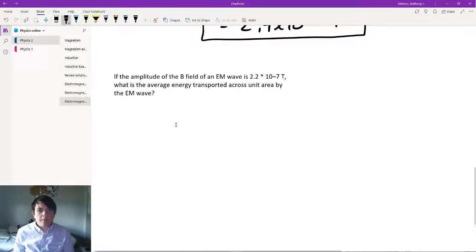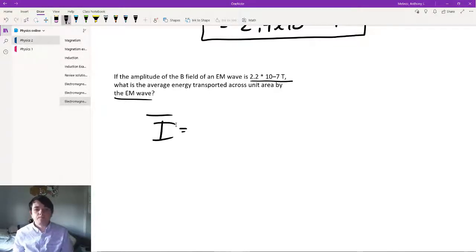Okay, so if the amplitude of the B field of an EM wave is this, so this is B naught, what is the average energy transported across the unit area by the EM wave? Average energy transported would be the intensity. And if you remember, there was an equation for average intensity, so that's what we're going to use, because this takes place across some time. The form that's most useful to us is 1/2 C B naught squared over